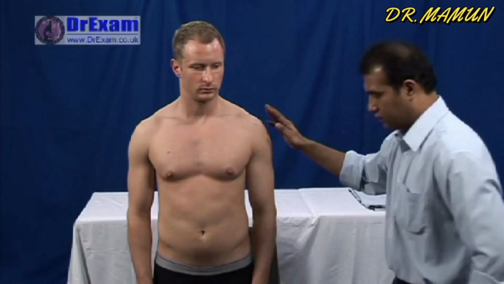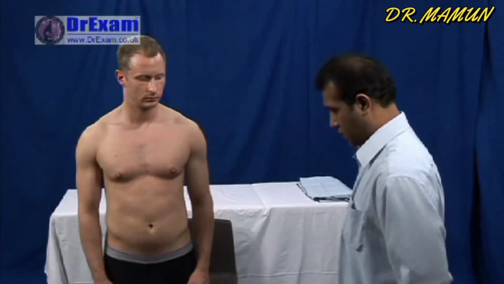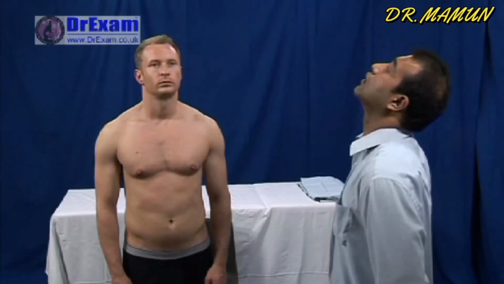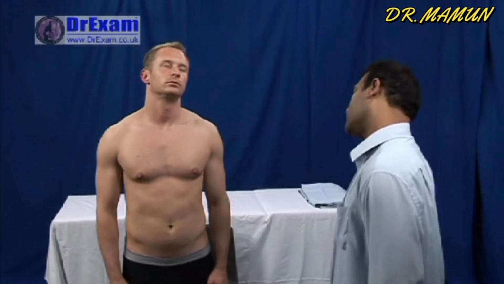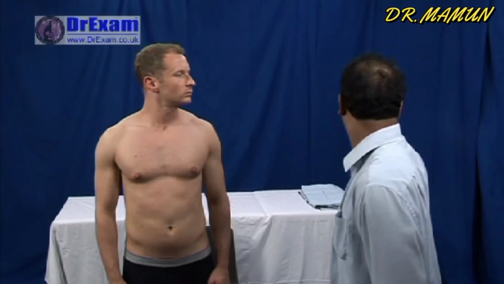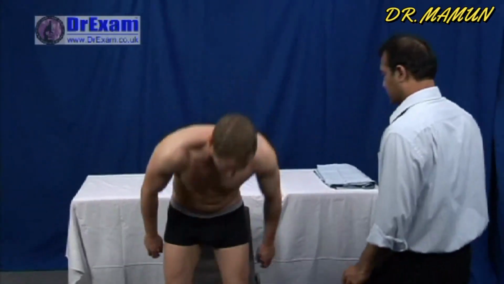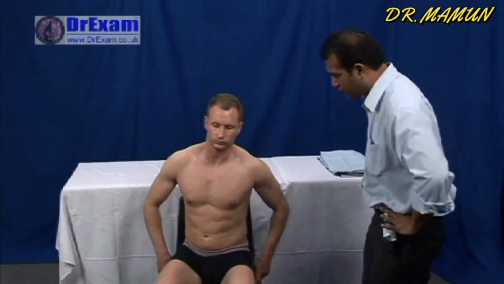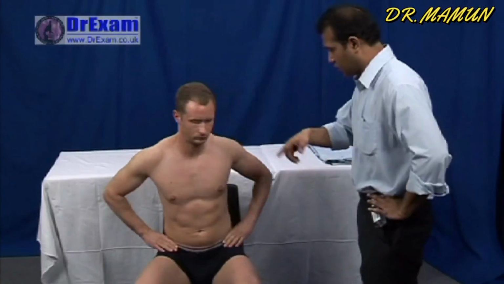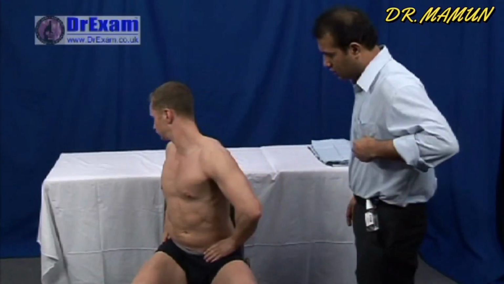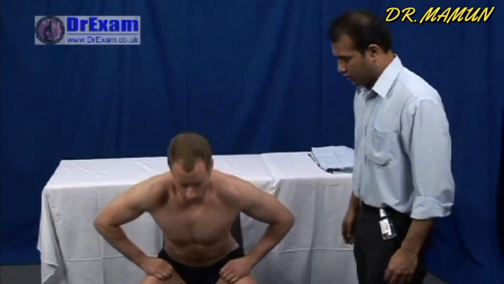Now test the movements. Starting with the cervical spine, ask the patient to flex and extend, laterally flex, and rotate. Sitting the patient on the edge of a chair, ask the patient to place their arms on each hip and to twist to each side. Stand the patient up again